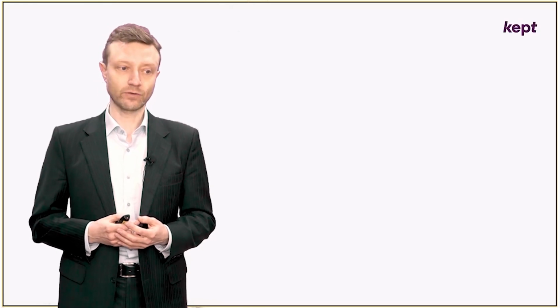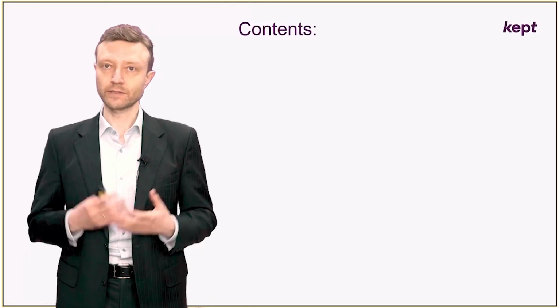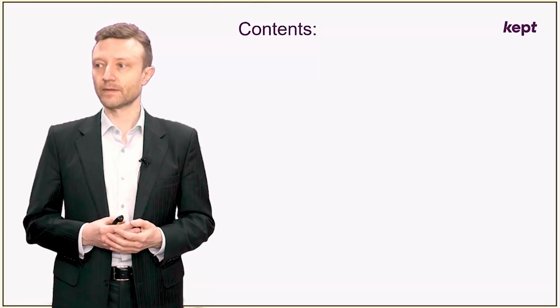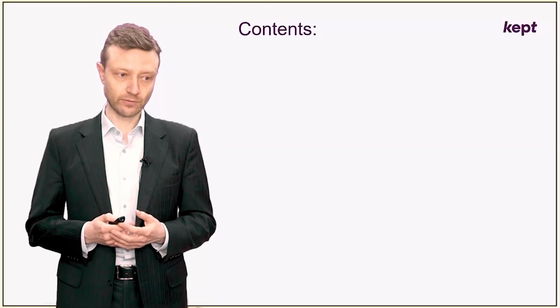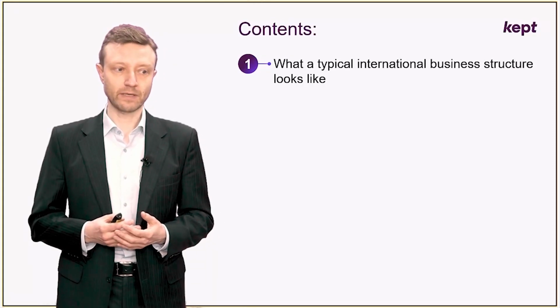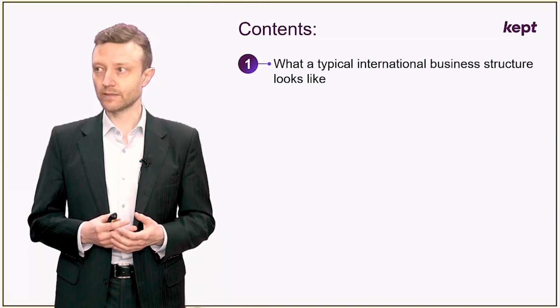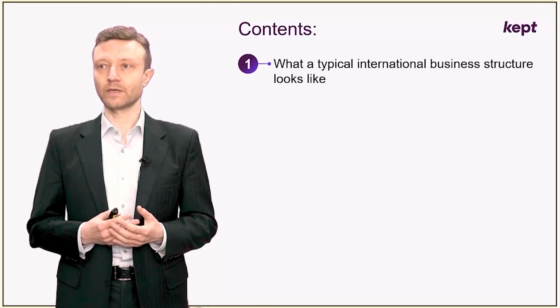Okay, so in this video, we are going to talk about tax planning solutions, and I will provide specifically 12 examples of how tax efficiency can be achieved in international structures. We will start, part one of this video, with what a typical international business structure looks like. And it's important that the content of the video